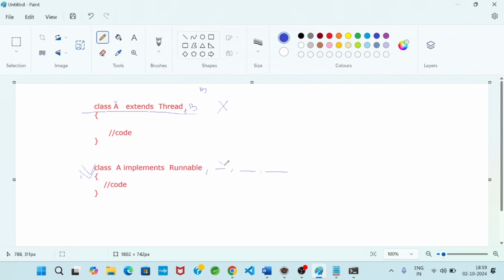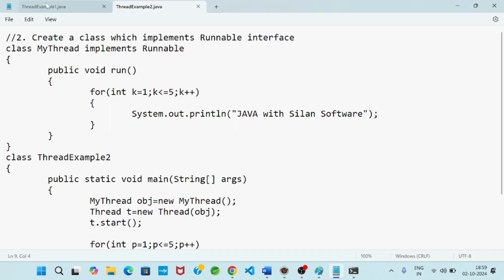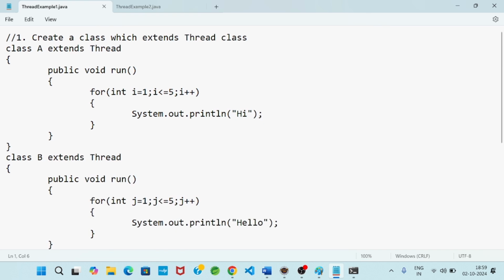If you have more than one interface, X, Y, Z, n number of interfaces, there is no rule. So the second approach is better, but approach one is popular. Whenever the representation of a thread comes into the picture, we always write the first approach immediately. I hope everybody got clarity.